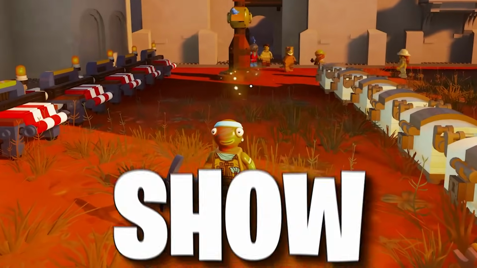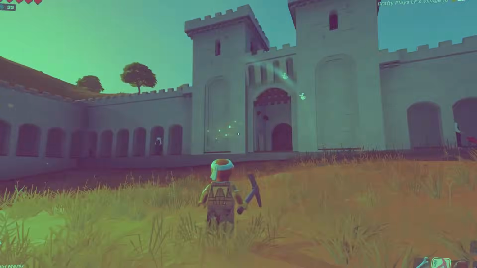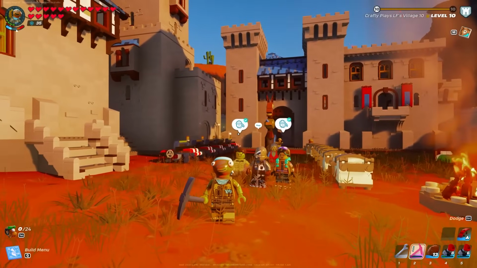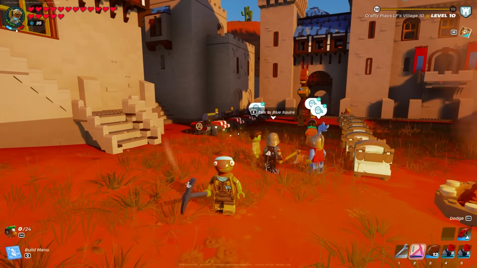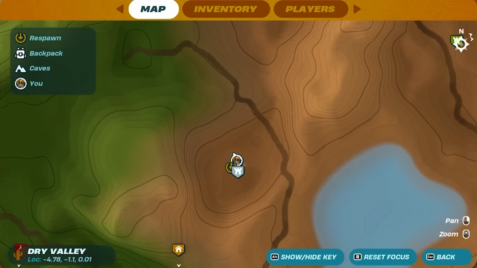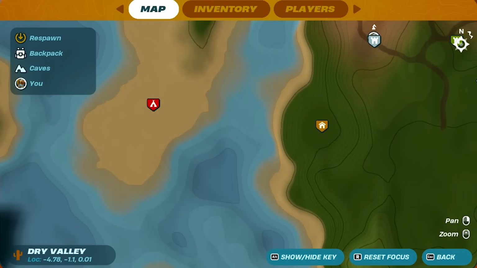Today, I'm gonna show you the best villager tricks in LEGO Fortnite. Now, this is my desert biome or my Lion Knight's castle setup, and I have 5 villagers set up here, which is really nice. But the most beautiful part about this is that I actually have 2 more villages that are just a little bit south of this, which also have 5 villagers in them, which makes today's tricks so